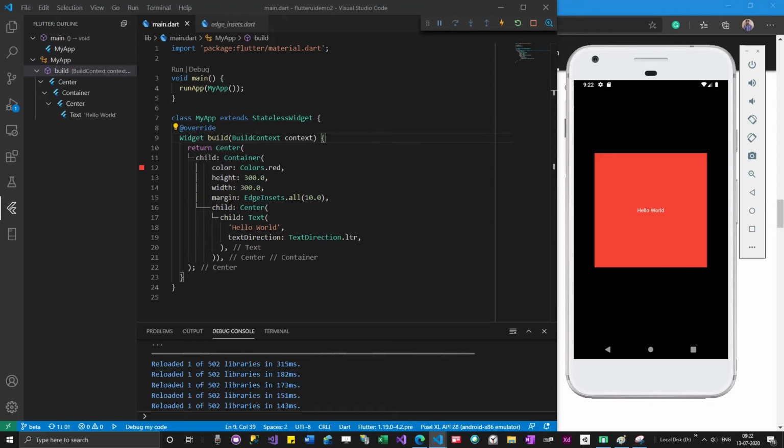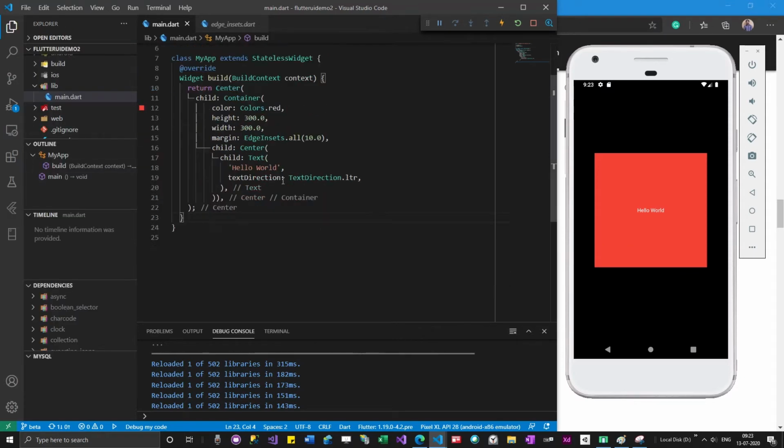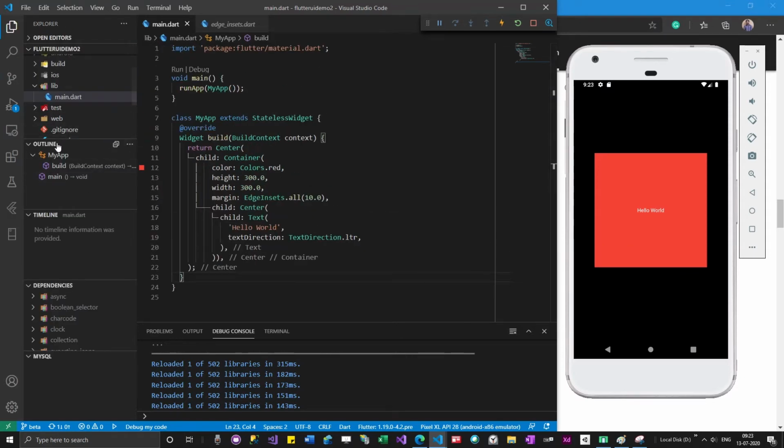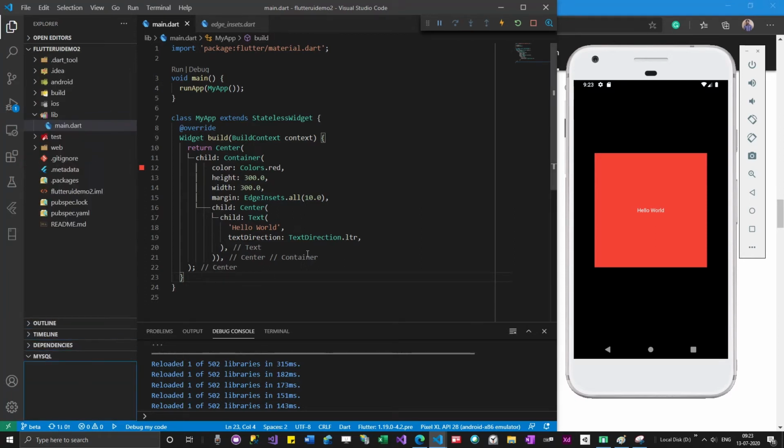I think you'll be having so many queries for sure. My recommendation is go ahead and start typing some programs, copy paste, and try to execute and see the output. Okay, so I will stop it here. I'll not stop. Let me go to the code and minimize everything. Let me see the code.